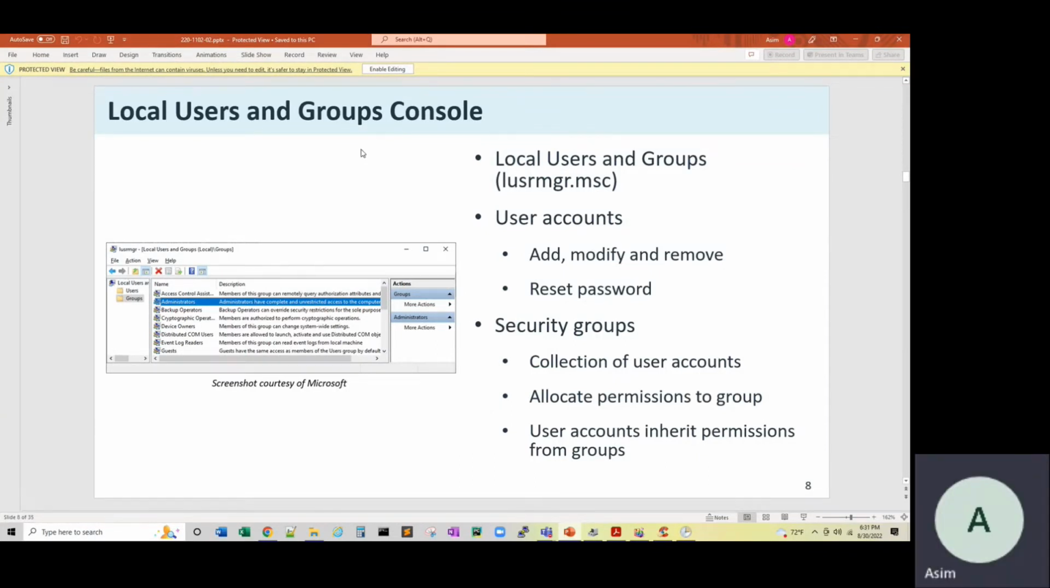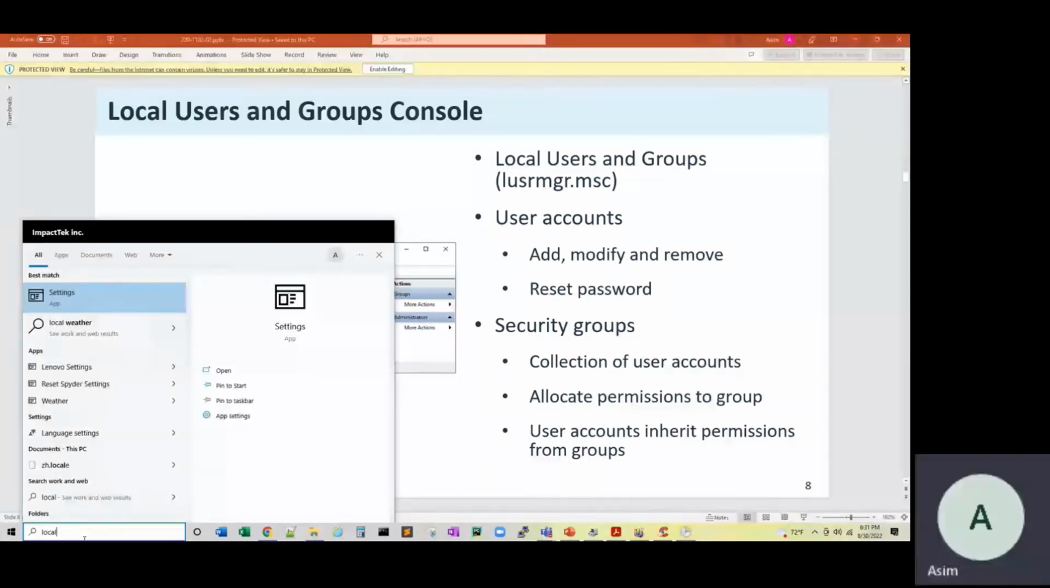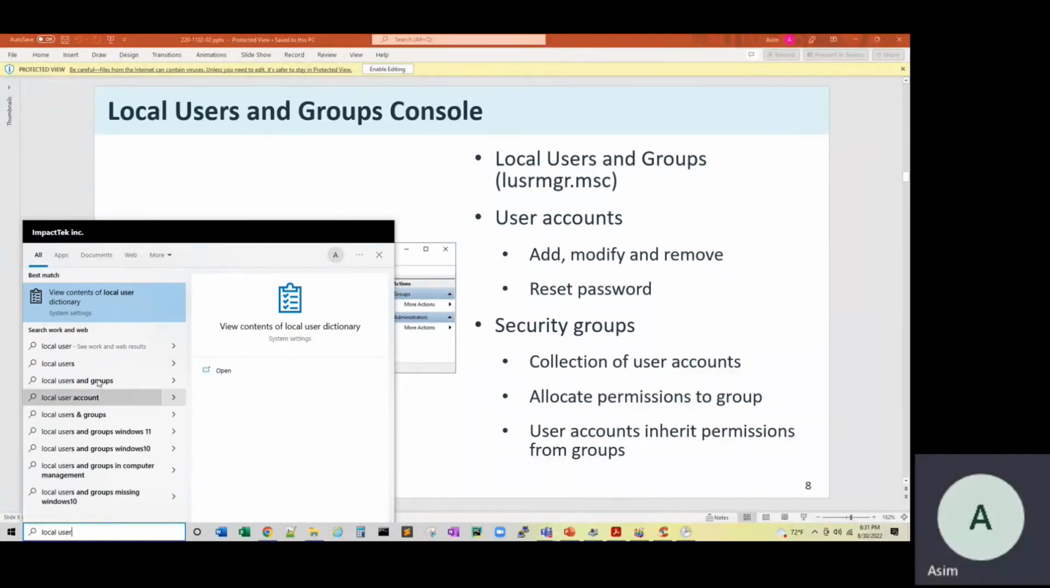Local Users and Groups console, that's also very important. In the previous lab, one of the action items that we had was to create a local user account, right? Remember that? So if you were to go and look at this,